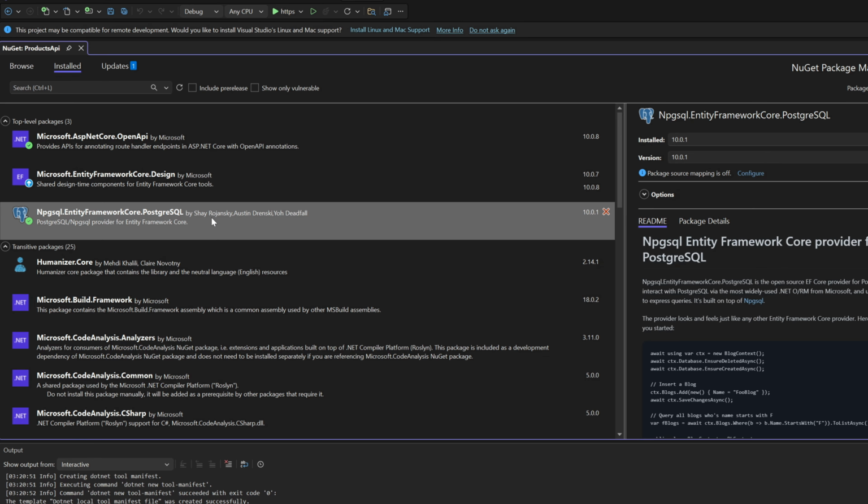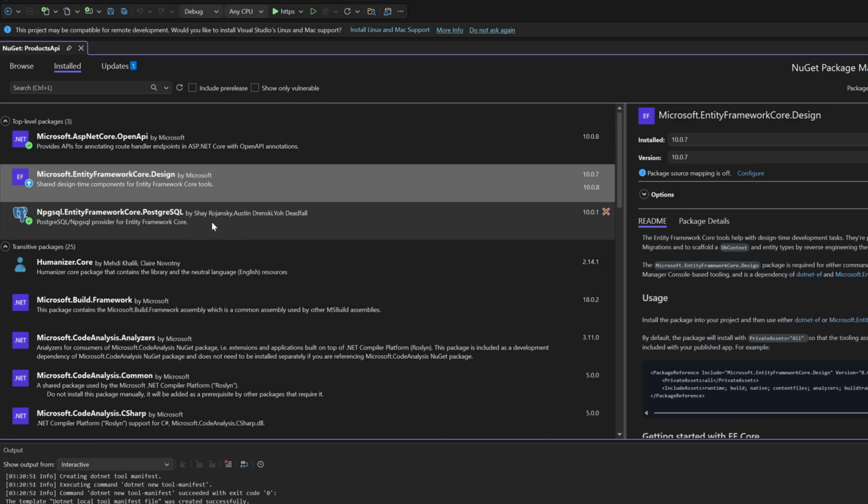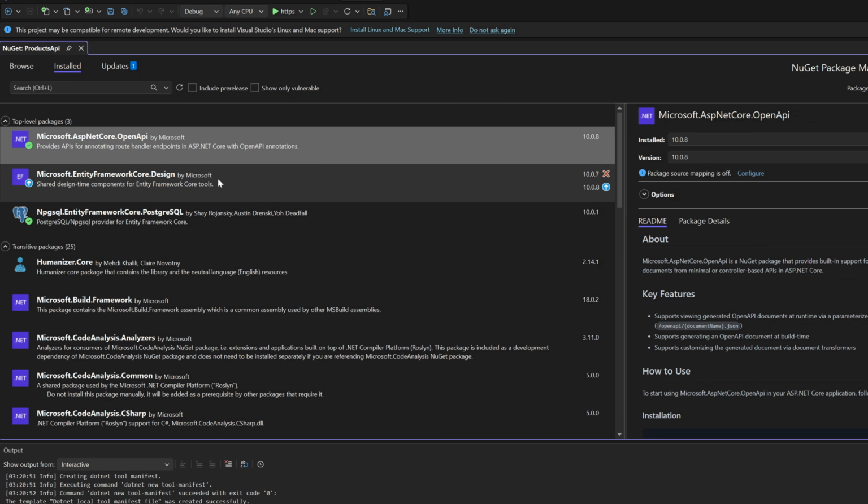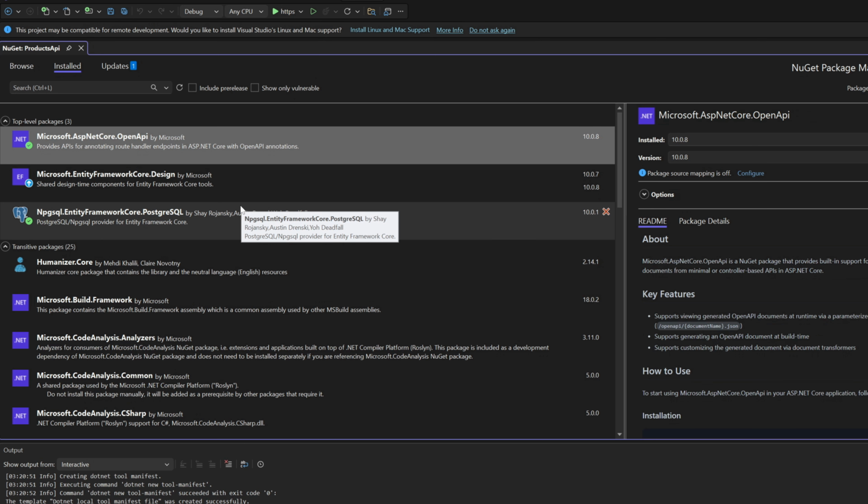This is your option in this case, but you still need the design part. This will help with the migrations and applying migrations and doing all that stuff. We'll set up the factories later. The Open API part is just because we're using a bit of minimal API, and to help with that,